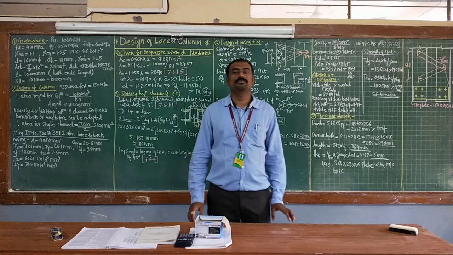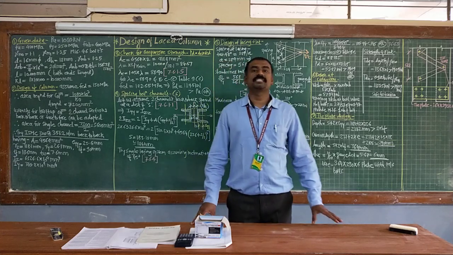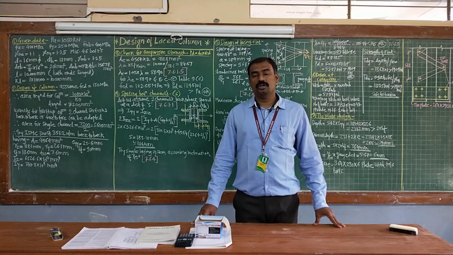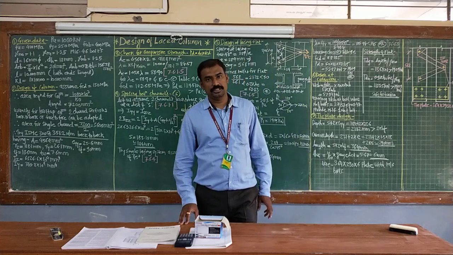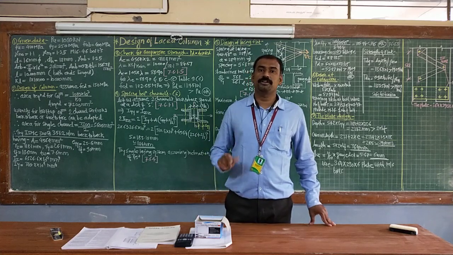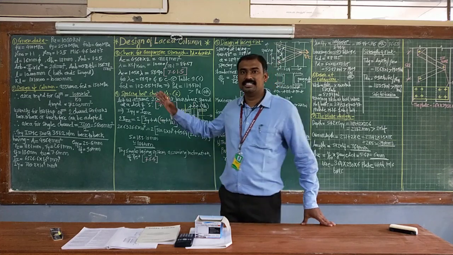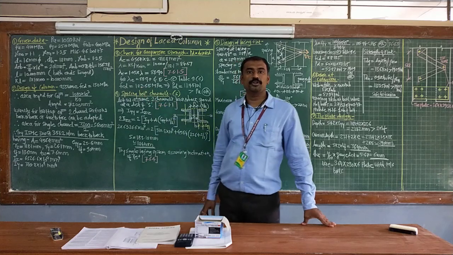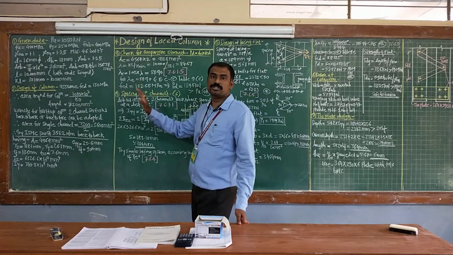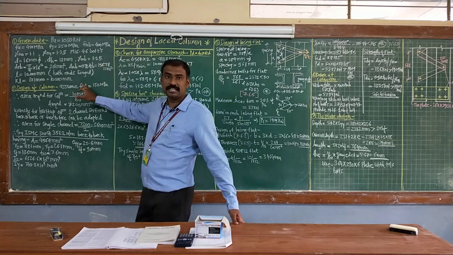Usually in this system we are going with double channel sections, either face to face or back to back. The statement for this numerical I am going to mention in the description box. You just check the statement of the numerical in the description box. I am directly starting with the given data for the numerical, correct? According to the statement, I have written this description and given data.